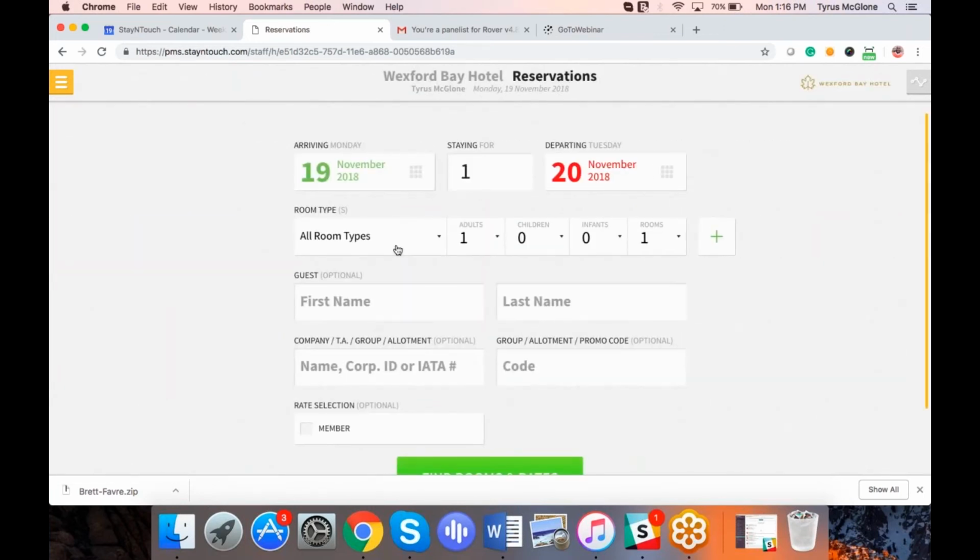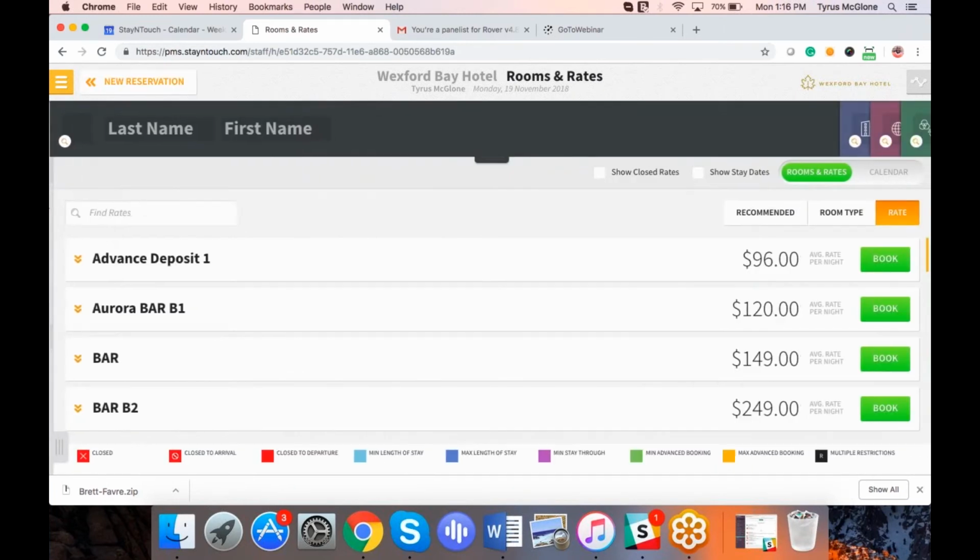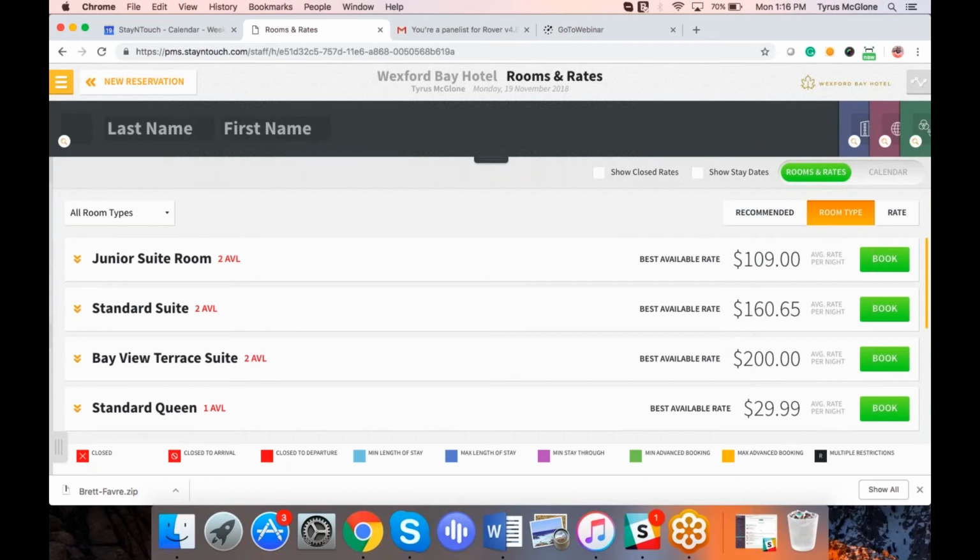So while making a new reservation, I'm going to simply leave it on all room types. And I will proceed with find room and rates. Now, this is the option to, of course, sort your rates and room types. You can either sort it by recommended, room type, or your rate. I currently have it set on rate, but I will proceed to the toggle for room type only. And again, it gives me the exact same order, which is junior suite room, standard suite, and the Bayview Terrace